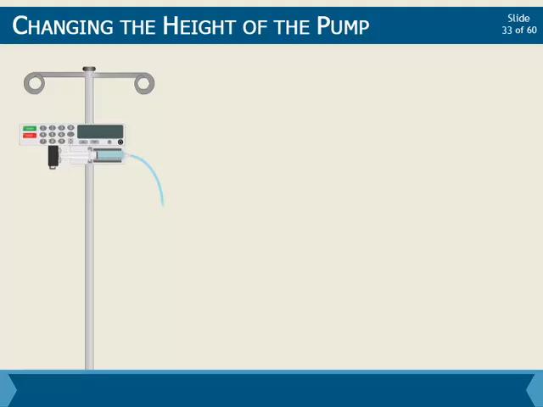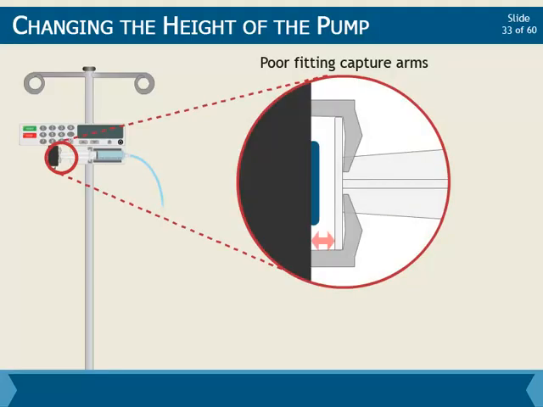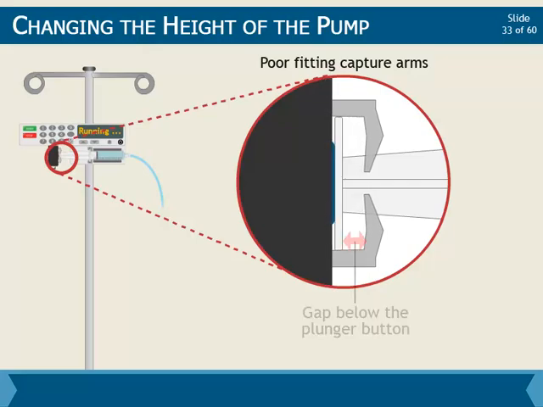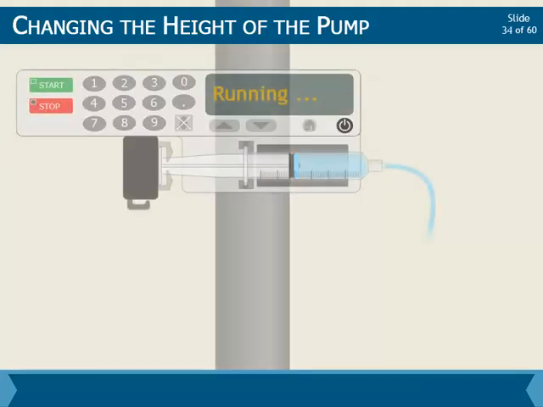Remember in the previous module, discussing how the syringe fits within the pump's capture arms and the implications of there being a sizable gap during startup? During startup, the gap is above the plunger button, and removal of slack closes this gap. However, once running, this gap is now below the plunger button, and this type of gap can lead to a different type of issue. As mentioned,